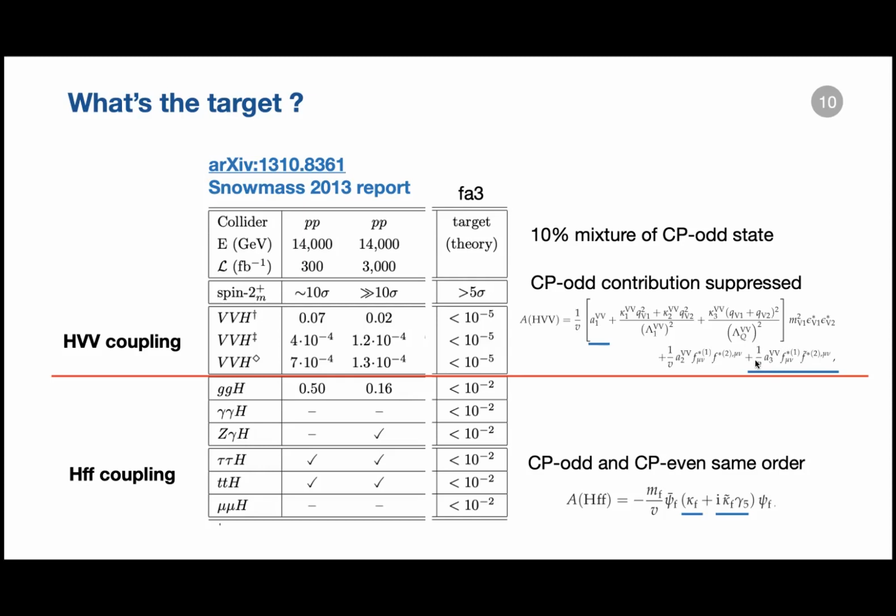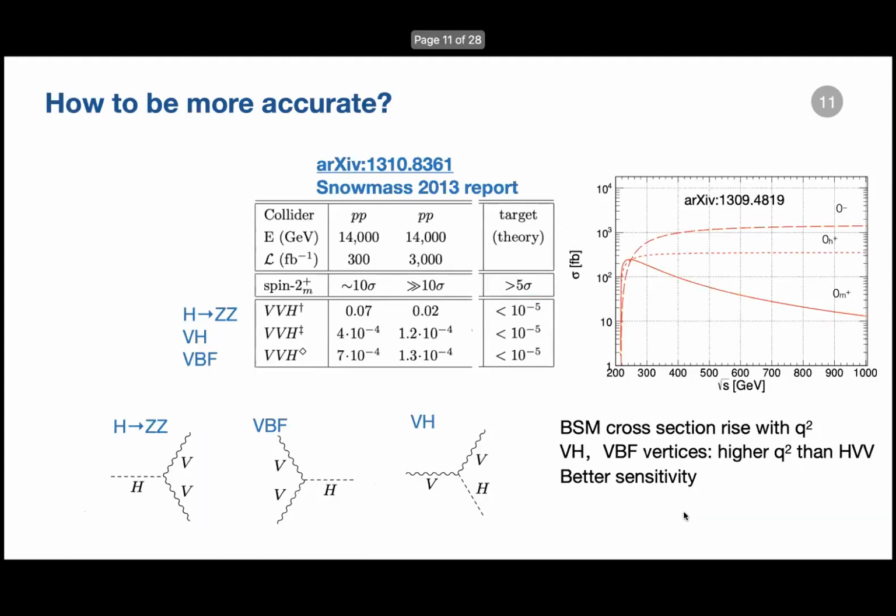On the other hand, if you look at the Higgs fermion couplings, you see because in the Higgs fermion couplings, both CP odd and CP even terms are coming at the same order. It seems that using the fermion couplings is a better way to probe the Higgs CP. But that's not the end of the story. Actually, if you look further or into details of this,